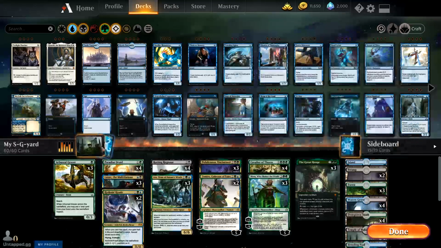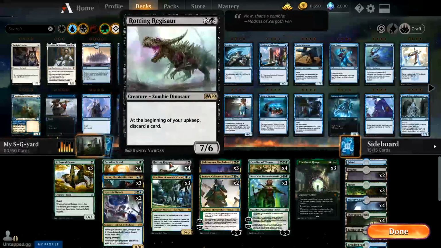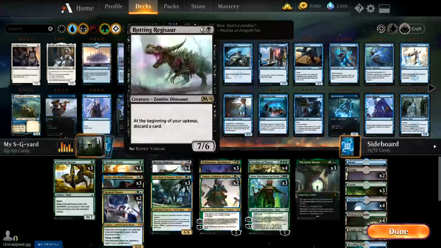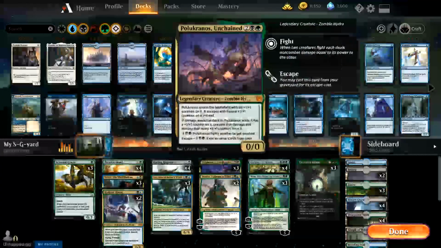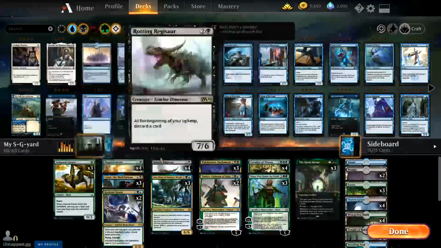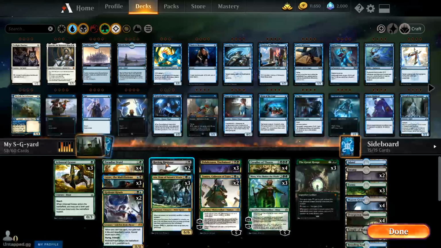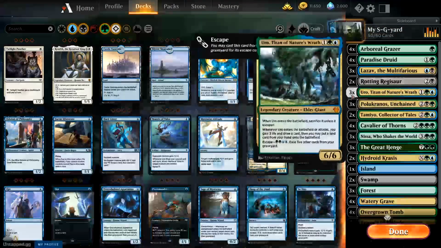thoughts are maybe cut Paradise Druid or Krasis for another Grazer. Maybe cut Regisaurs for like Grazer and another Uro. Because I just feel like these type of plays just make you want to accumulate a ton of resource, and he's like resource denial. So that's why I don't really like him, but he's just also so good with Great Henge and pretty good with Lazav too. So there's some playing around to be doing here, but maybe I'd be thinking like, you know, cut a couple Regisaurs for a Grazer, an Uro,